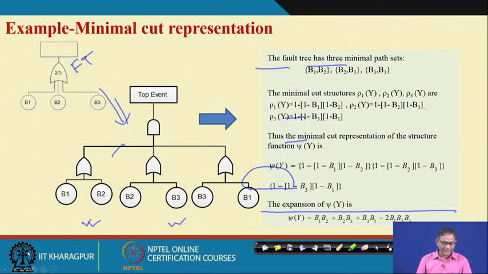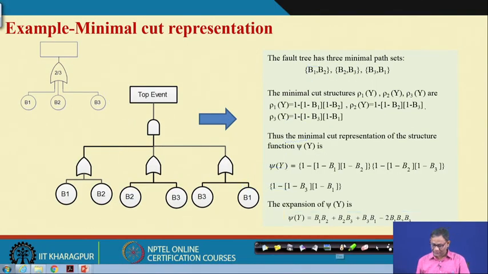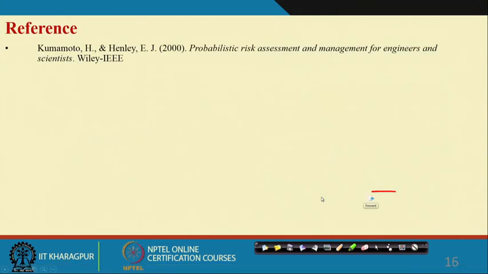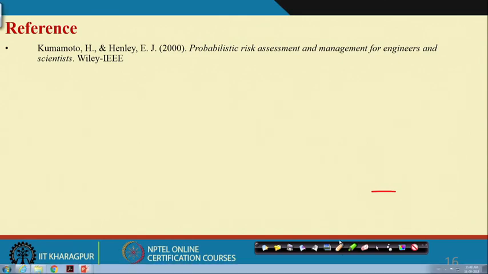So, then another one. This one you have seen, the voting gate one, its path sets you found out, 3 path sets. In fact, because of the 2 out of 3, path and cut sets have almost a similar structure, and you are finally getting this expression. Okay. So, this is our lecture today, and we have taken the concept from this book, and please let me summarize.